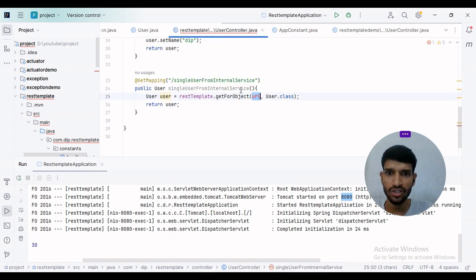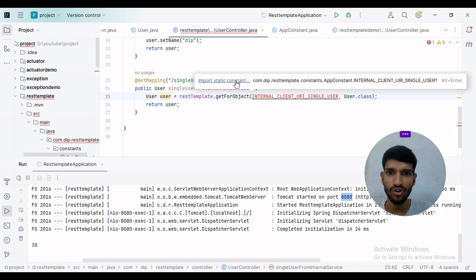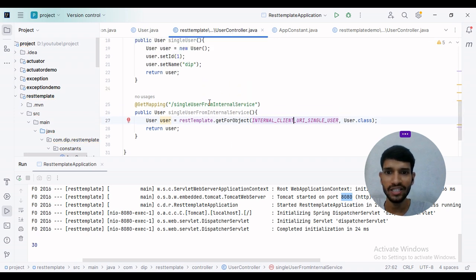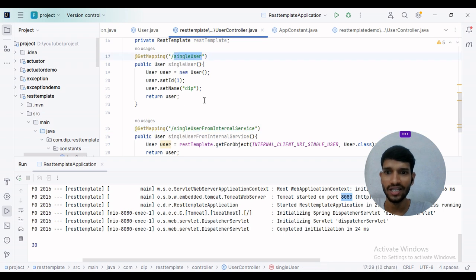So I'll go to this user controller class. In the URL, I will pass this as internal client URL and I will import it. So I run the application and I will hit this API. That means it will internally call this single user. So that is the internal call, and after a few minutes I will be using the external call using the